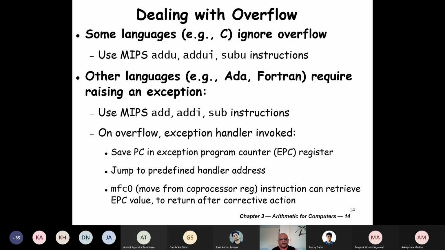We will not really write programs using this. It's just for our knowledge that there can be an exception and it is handled by using an exception program counter where we store the program counter, handle the exception, and then we start processing from the saved program counter value.